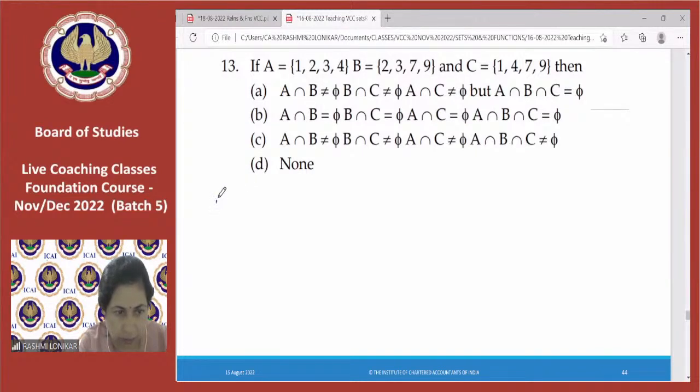I have A intersection B intersection C. Now, what are the numbers which are common to both A, B, and C? What are the numbers which are common to all the three sets A, B, and C? Now, here I can see